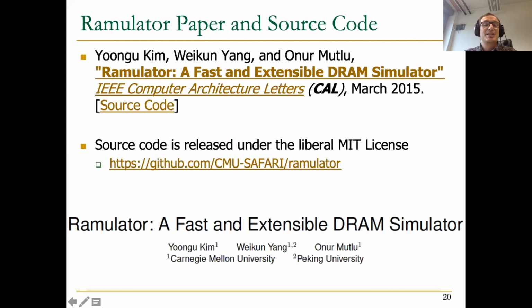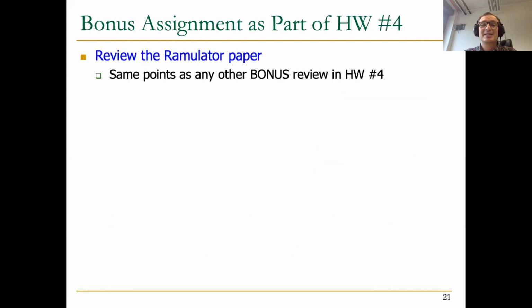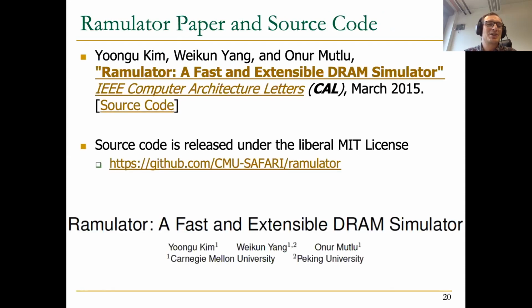And if you're interested, this is the Ramulator paper, and this is a bonus review as part of homework 4. I don't remember actually if we assigned it for homework 3. If we assigned it in homework 3, and if you didn't do it, you can still do it as a bonus assignment for homework 4. It's only a 4-page paper. I'd recommend reading it because I think this is an example of computer architecture combined with good software engineering,